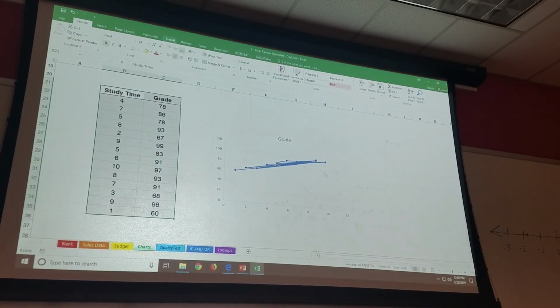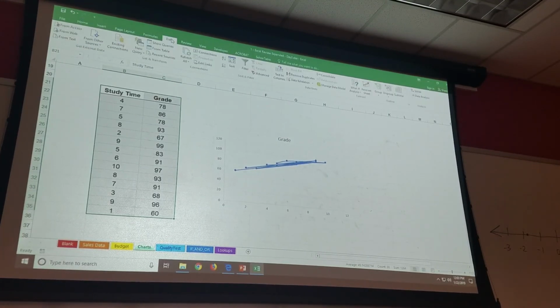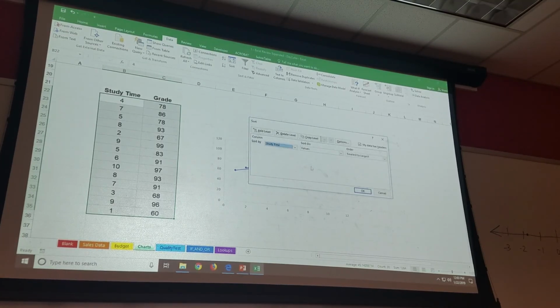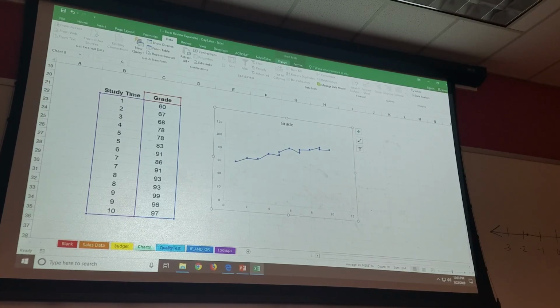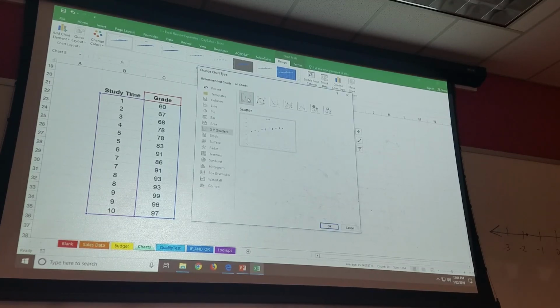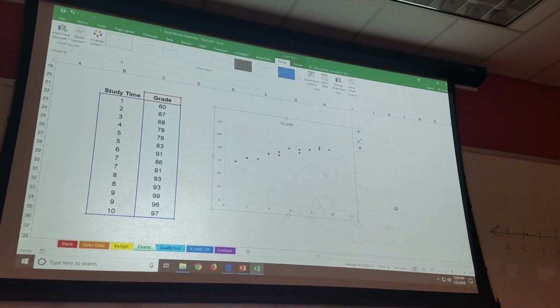And so if you did want to do this, you would have to go in, and I'm going to do this quickly because sorting doesn't come up till later, okay, and then just in the interest of time right now. You would have to sort your data where it's sorted by your X variable, mine being study time, to be able to do this. However, with that said, that is not going to be the one that I would use, and we won't really use it because really, well,